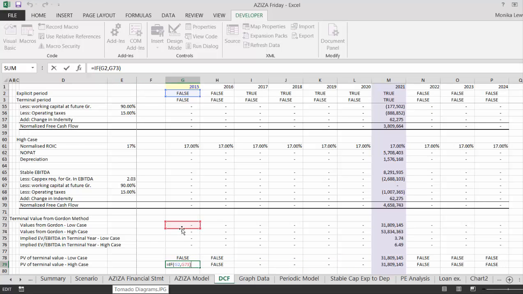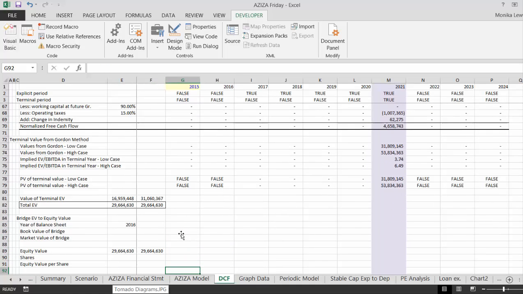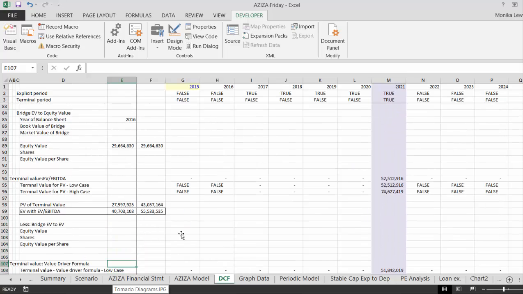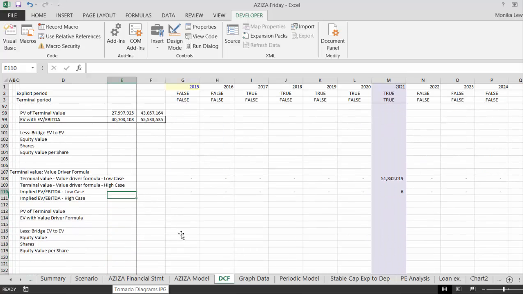And when you do it for the high case, I made a mistake here, what you do is you say, if it's the explicit period, then take the number, otherwise you just leave it false. That makes sure when you take the NPV, it takes the NPV back to this period, not all the way back to the first period. You get the right NPV. Now we're going to get the value of the bridge and put the equity value per share in, and then we'll get the value of the